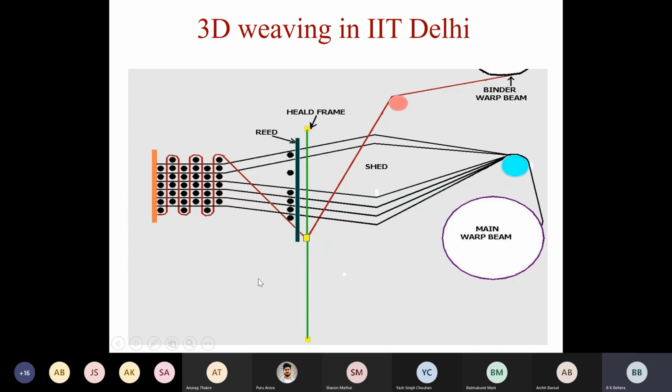But this is one machine in which we open one set at a time and one rapier at a time. So to insert these 6 weft yarns to make just this much of fabric length, you have to open 6 sheds, at 6 different intervals, and 6 wefts will be inserted. Then beat-up will take place. Then after all 6 are inserted, this reed will beat up these weft yarns to the fell of the cloth. Okay, so this is the arrangement.